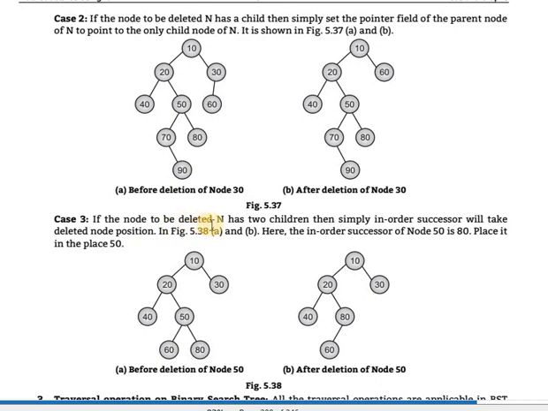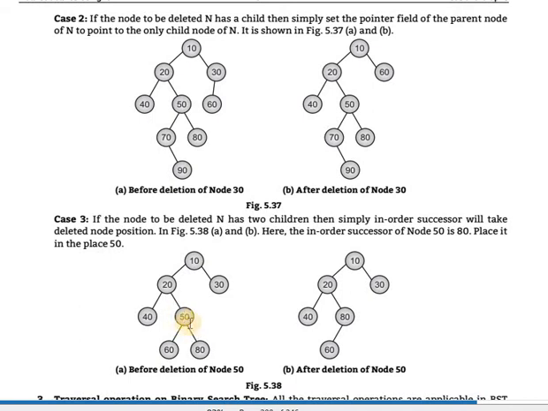Case 3: if the node to be deleted, n, has two children, then simply the in-order successor takes the deleted node's position. In figures A and B, the in-order successor of the node 50 is 80, so it is placed in the place of 50. Means before deletion of the node 50, in the case of two child nodes, the in-order successor is placed.